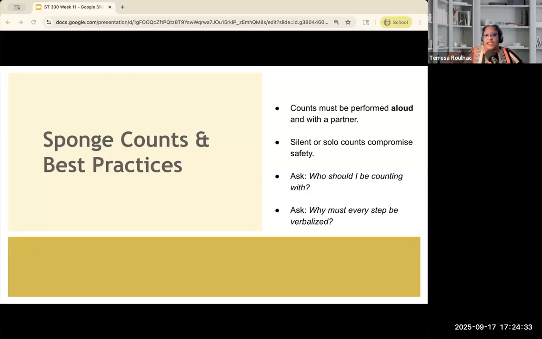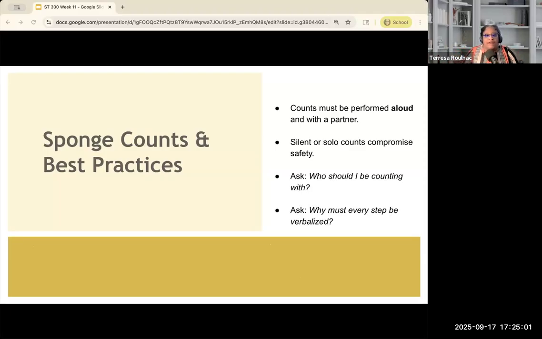You'll know what I mean once you start to relieve each other from cases. And that's why speaking aloud is a safety barrier for your patient. So when we're counting, we're not just grabbing our Raytec and going one, two, three. We're literally saying one, two, three. Or when the case is going, I'm like, one on the field, two, three, four, five, six, seven, eight, nine, 10, and I'm showing my circulator.